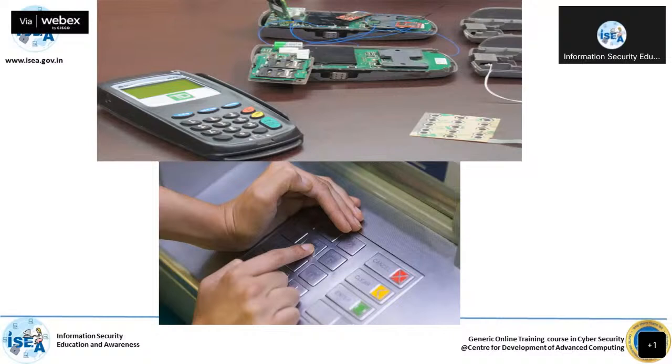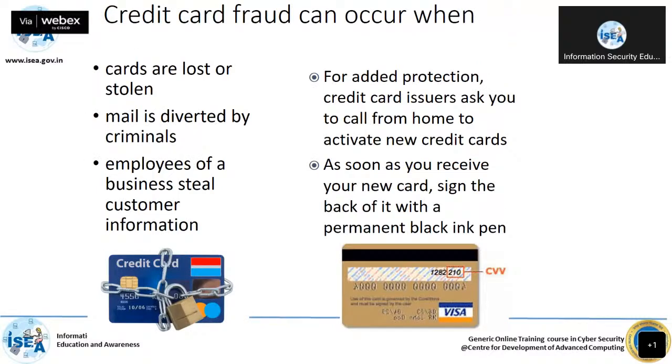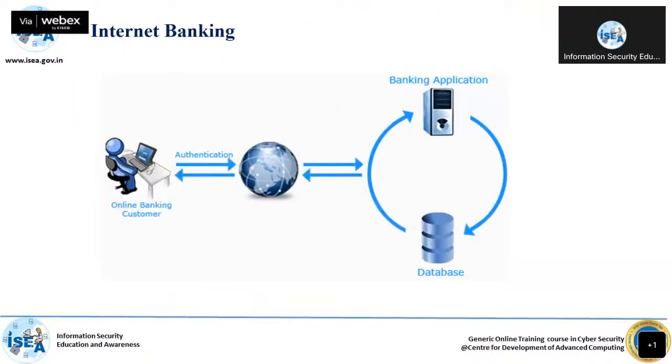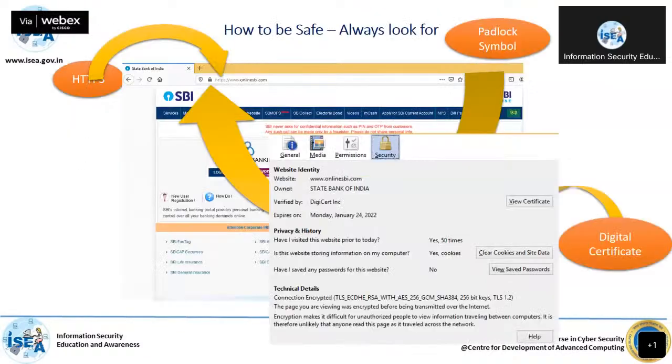And wherever you are entering the PIN, either at an ATM machine, a POS, or shopping malls, ensure you check the padlock and then enter your PIN, so that no data will go out of your end, right? You should always check the HTTPS padlock and digital certificate. If you click on that padlock, you will come to know the validity of the certificate. For example, the validity of the certificate expired on 24th January 2022.